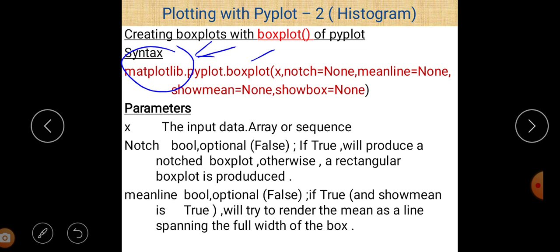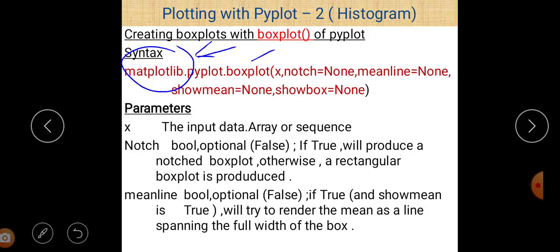matplotlib.pyplot.boxplot, and most of the time we take an alternative name for matplotlib.pyplot, such as plt. So we can use plt.boxplot, but before that, to write plt in place of matplotlib.pyplot, we have to write import matplotlib.pyplot as plt. In that case, plt works as an alternative name for matplotlib.pyplot.